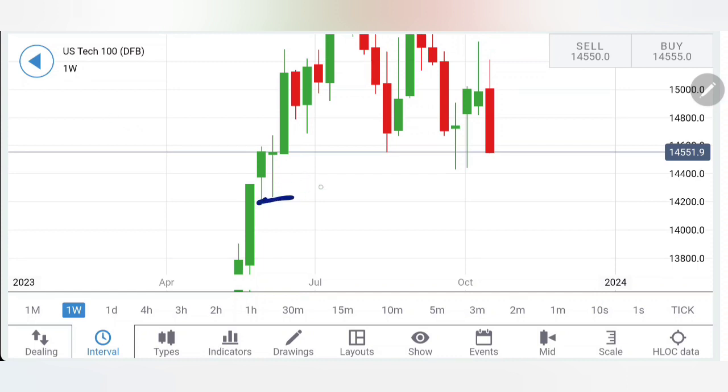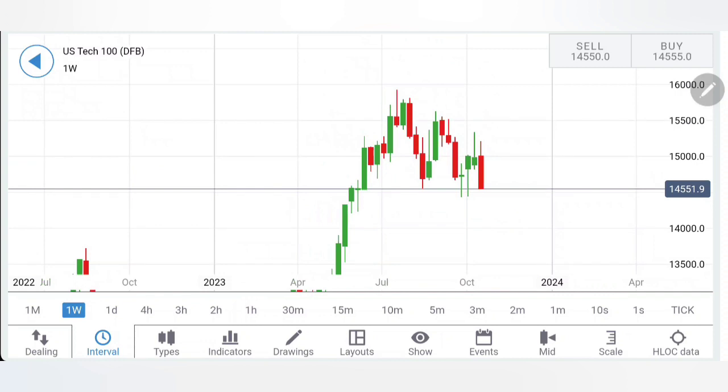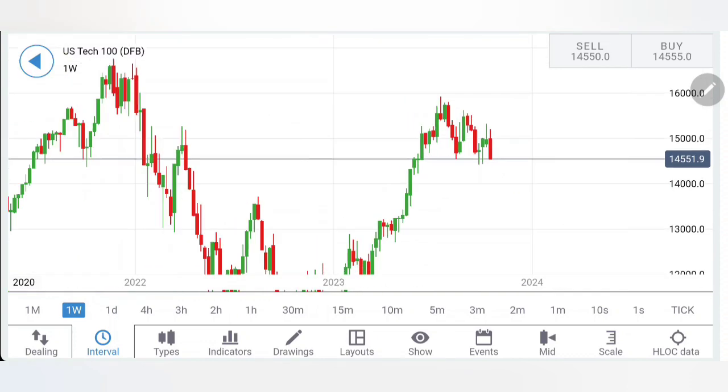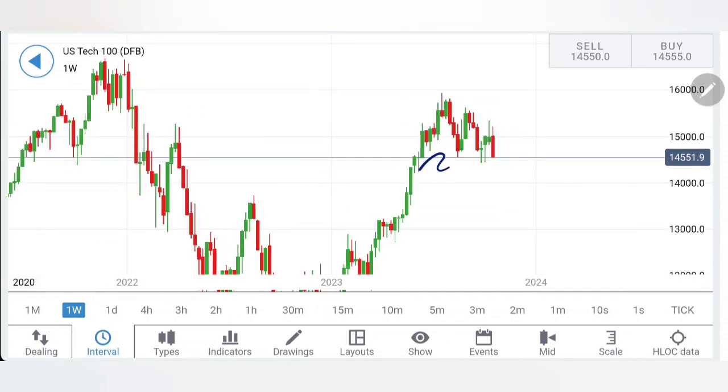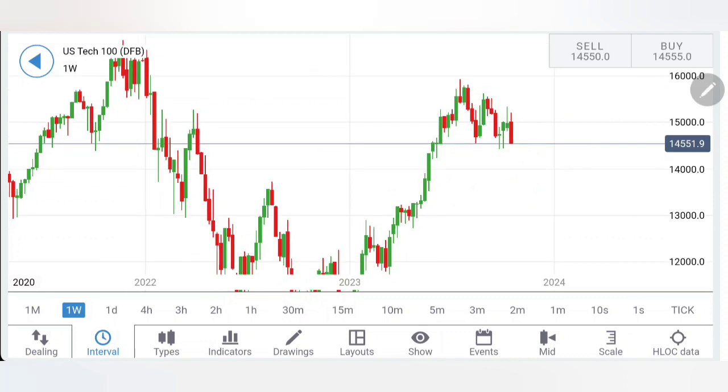If you look at the bottom here, at these levels the rally has started and we have seen higher highs in the recent past, and now it is trying to come back to the same levels. Also, second observation here is the same, that it is still forming this bullish flag after the rally. So yes, a breakout is what we should watch out for, below which only we can say that the bears are back here. Now this is on the weekly charts. Also, one must not forget that on the downside there is a lot of white space available for Tech 100, and hence once it breaches the support levels at 14,200, more bearishness is going to